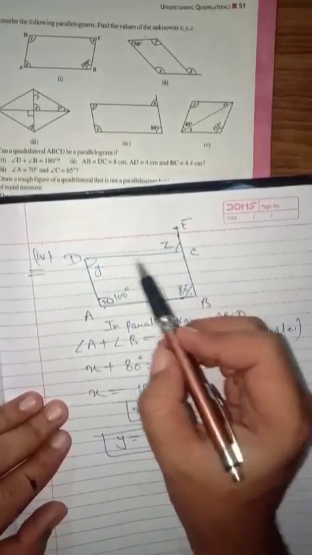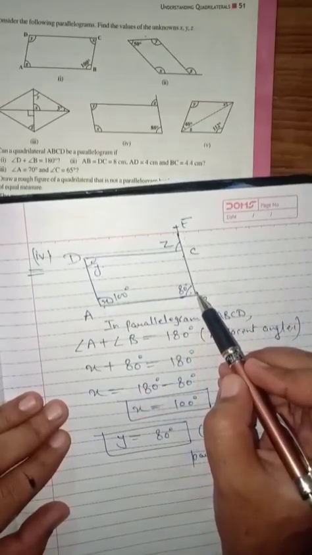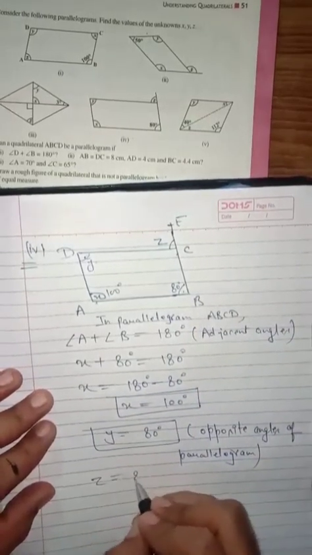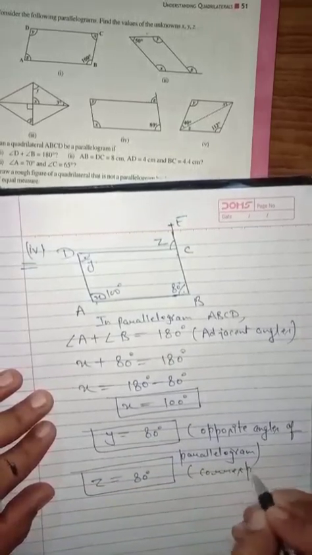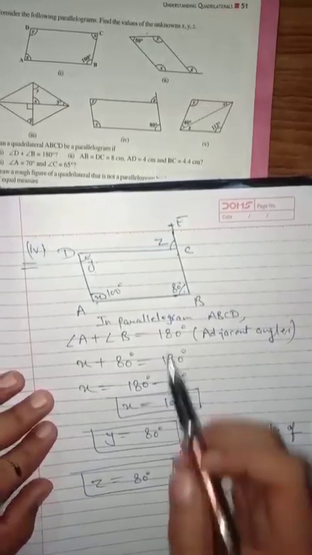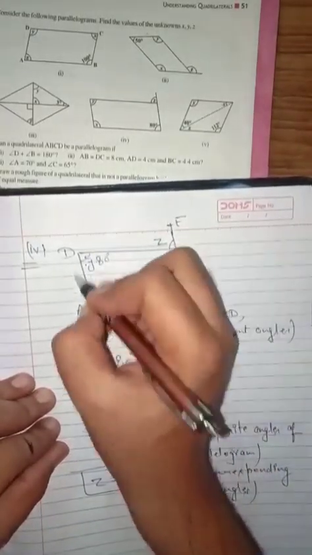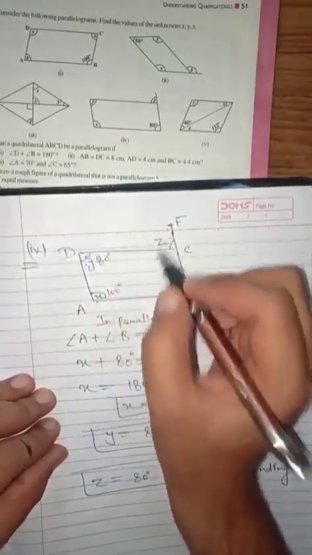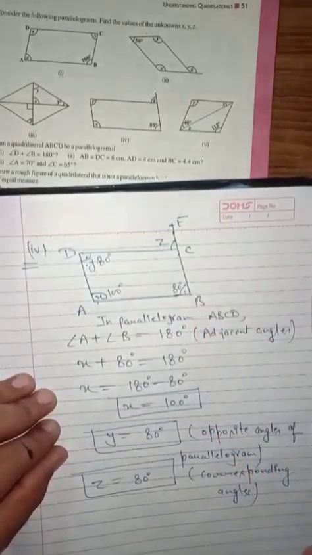Now z. You can see there is a line, there is another line, both are parallel lines, and a transversal is drawn. Such kinds of angles are known as corresponding angles. So z will be 80 degree by the corresponding angles property. Even we can apply one more property. Which property can we apply right now? This angle is 80 degree because of opposite angles. So you can see z is formed, that is an alternate interior angle. So y and z will be equal by alternate interior angles, or z and 80 will be equal by corresponding angles. Whichever property you want to use, you may use.